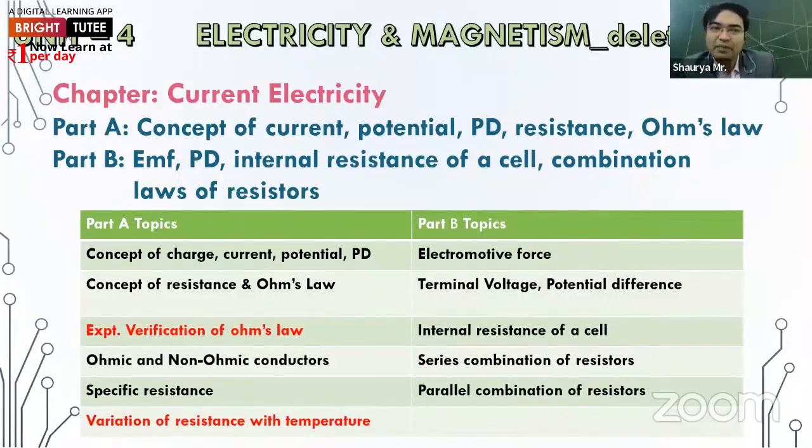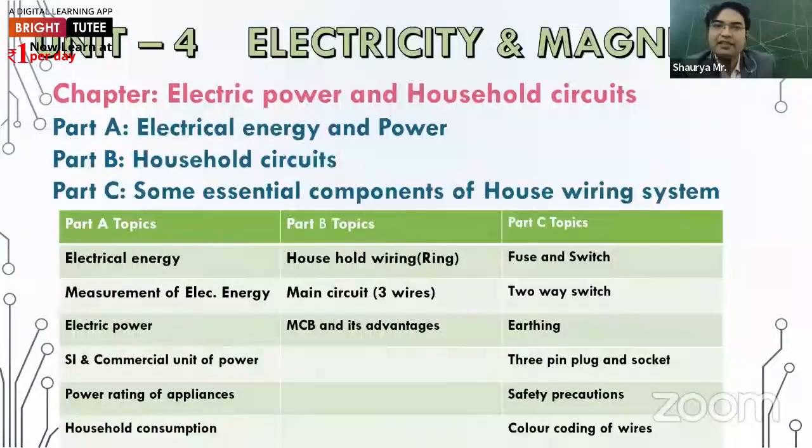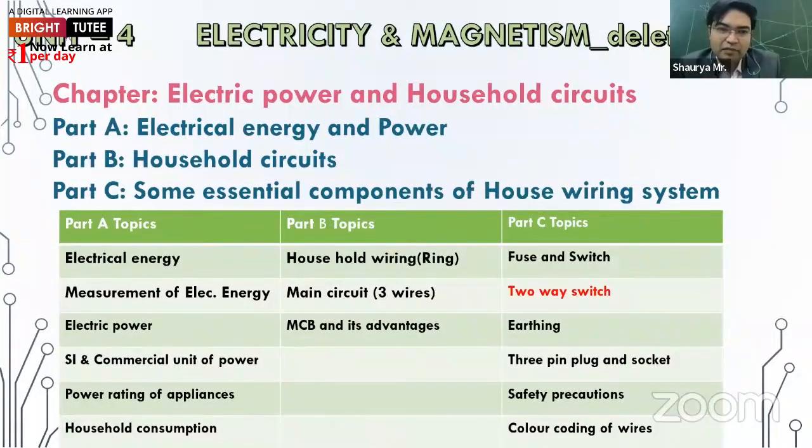Moving on to the second chapter under this unit 4, electricity and magnetism, is electric power and household circuits. Again, this entire chapter has been broken down into three parts A, B, C, namely electric energy and power, household circuits, and some essential components of the house wiring system. Now I'll just quickly run down through the topics. In part A, we have electrical energy, measurement of electrical energy. We have the electrical power concept and the